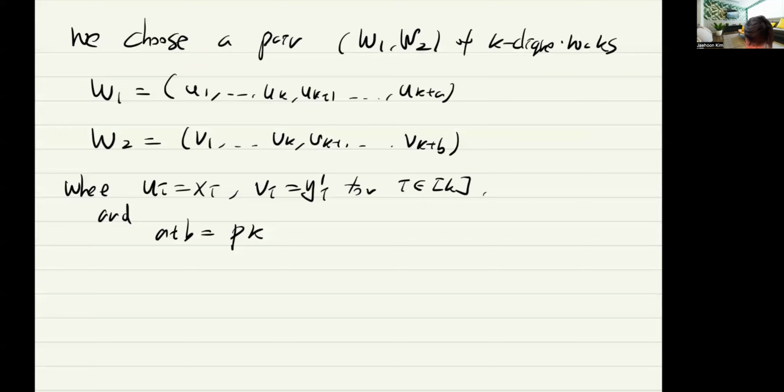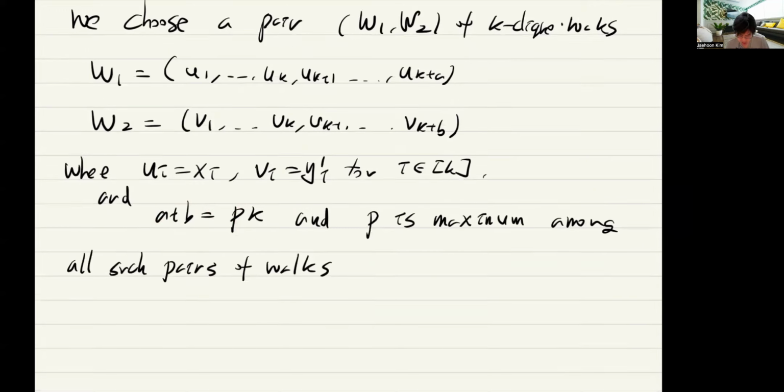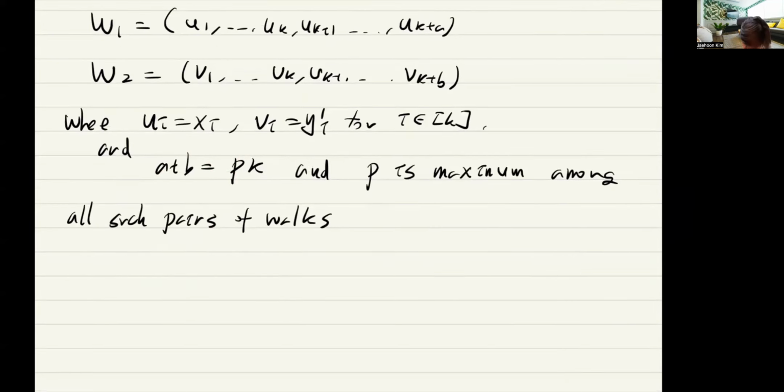So we choose a pair. So A plus B is a multiple of K. And among all the choices, among all such pairs of walks, we only consider the ones that satisfy the following,